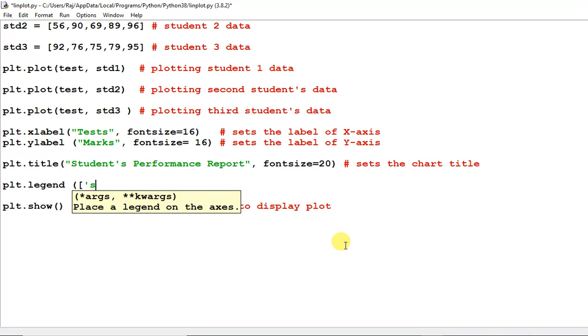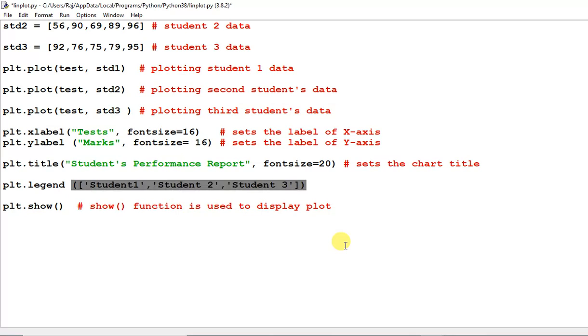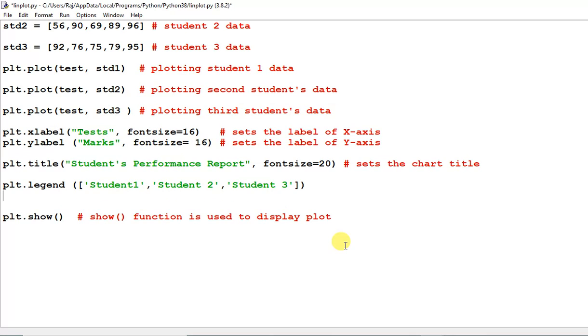The first is student 1, and the second one is student 2. You can also use the name of that student here, and the third student is student 3. Okay, and then you can run this program.